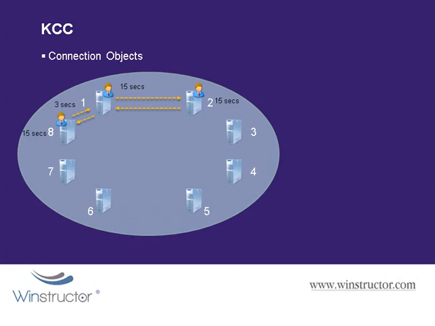Now since a change has been made on both domain controllers 2 and 8, they'll both wait 15 seconds, and then they'll notify their replication partners that they have an update, and the same process will ensue. And all over, this means that for every single domain controller in the site to have processed this one change that all started up at domain controller 1, it's going to do it in around 45 seconds or so, which is far quicker than it is